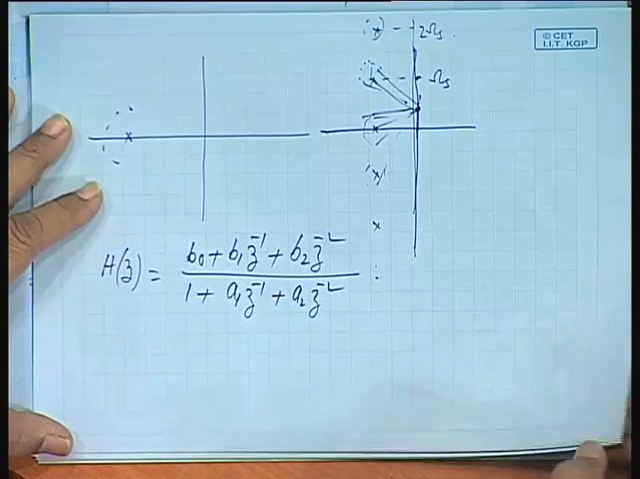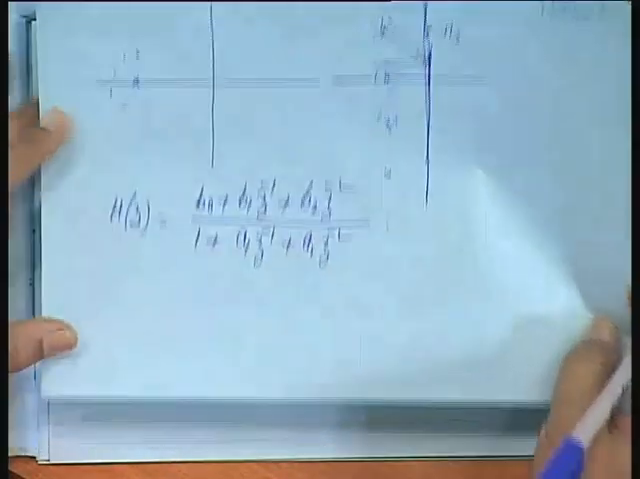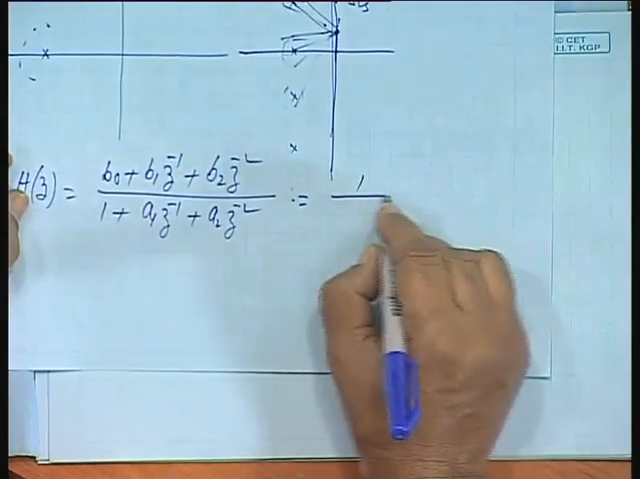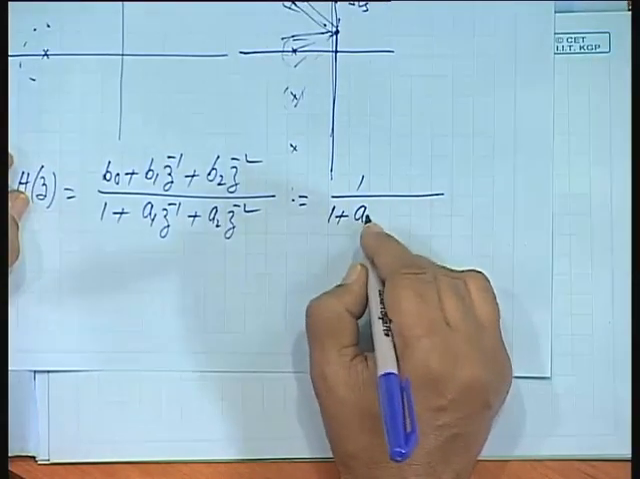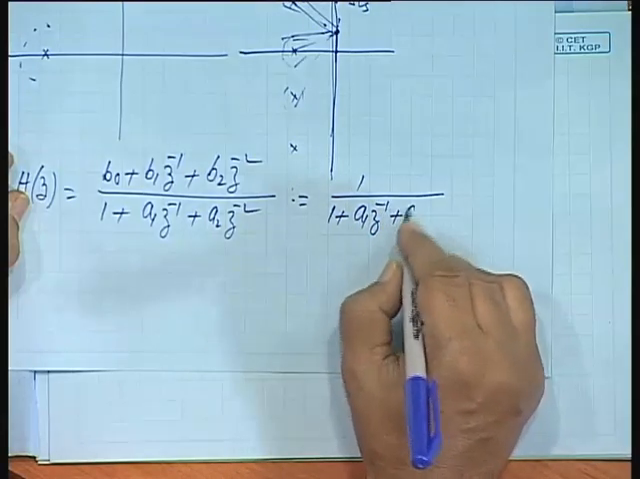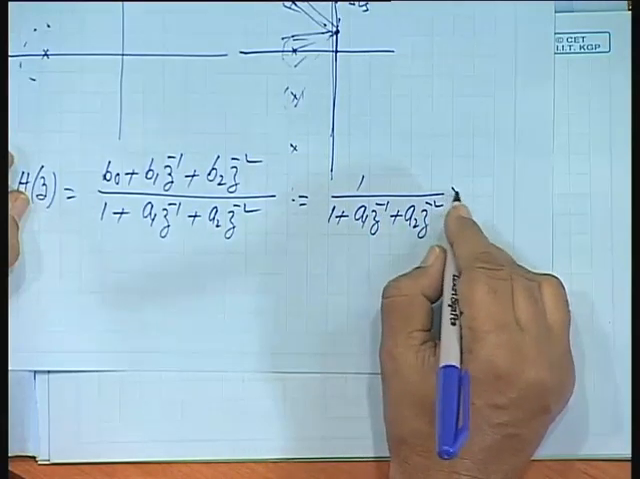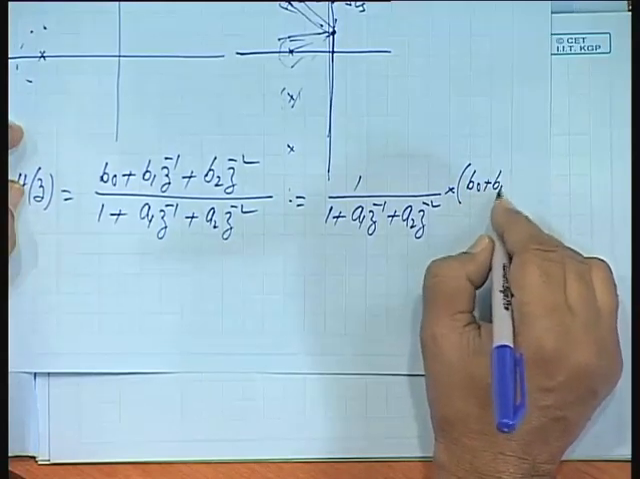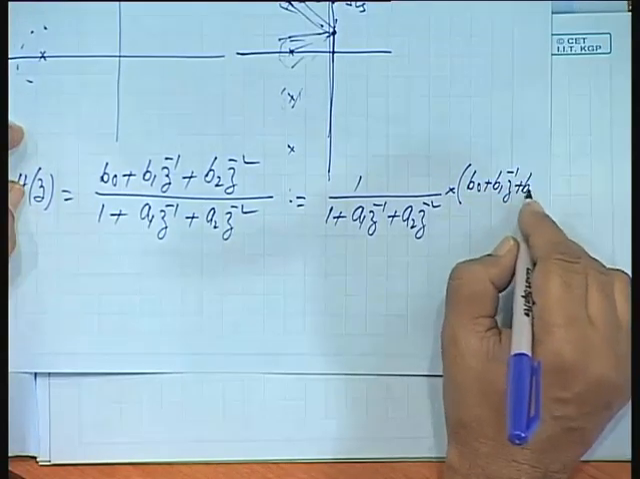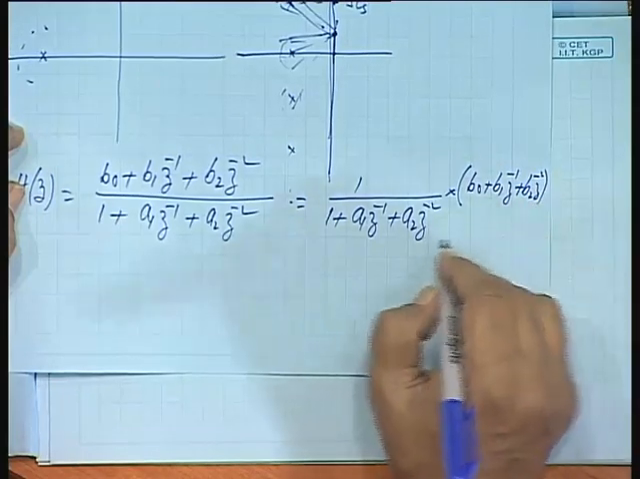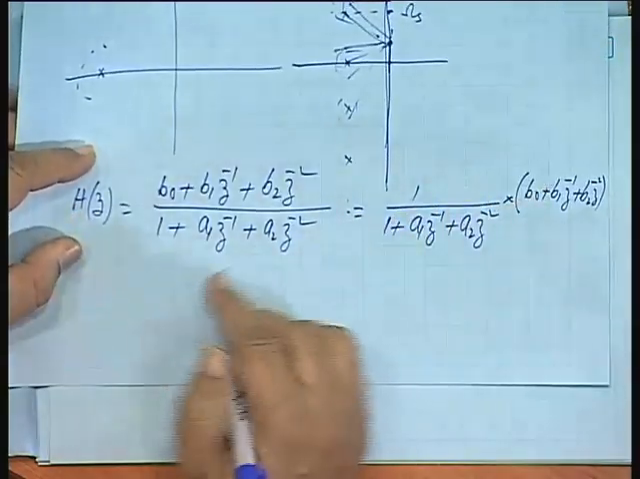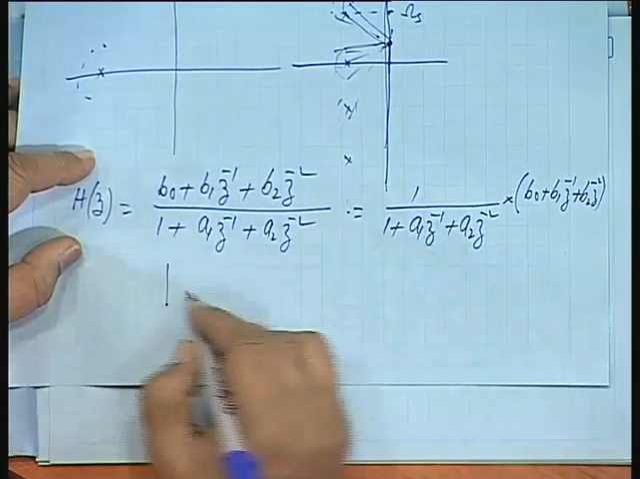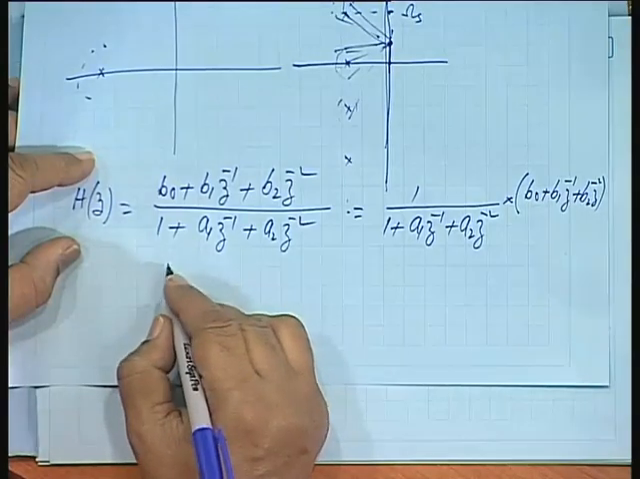Okay. What will be the structure for this kind of function? Now, I can segregate this into 1 plus a1 z inverse plus a2 z to the power minus 2, into another part b0 plus b1 z inverse plus b2 z to the power minus 2. Okay. If I consider this as part 1, then I will have,